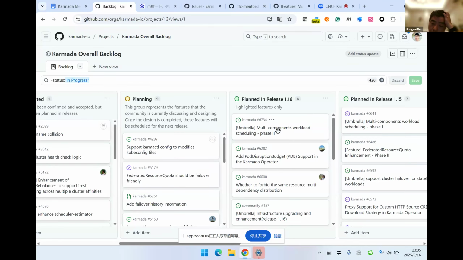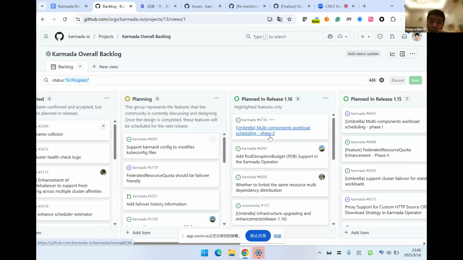The first feature, I think, is still the multi components workload scheduling. In the last release we finished part of the resource interpreter feature, and in this release I hope we can finish